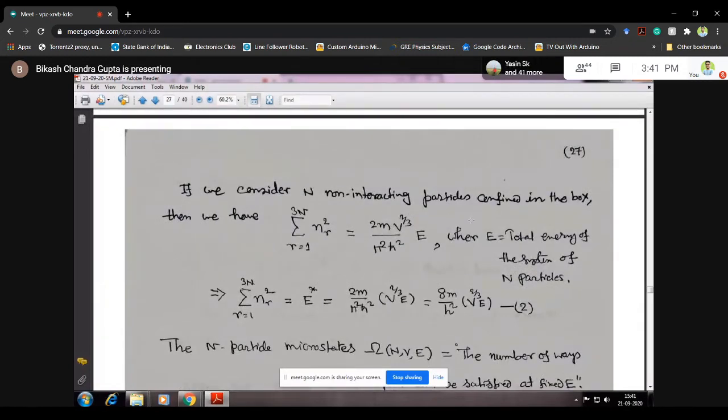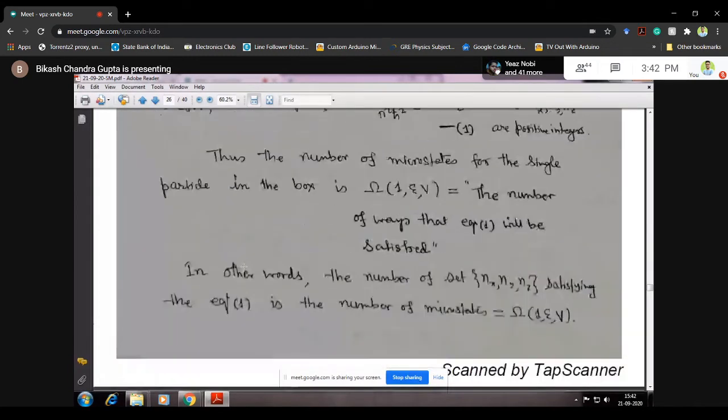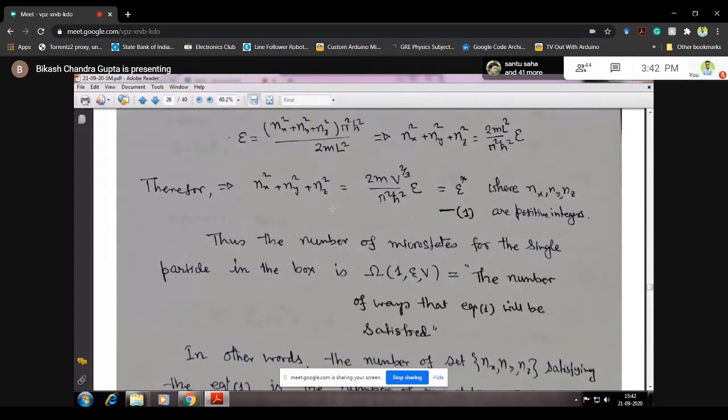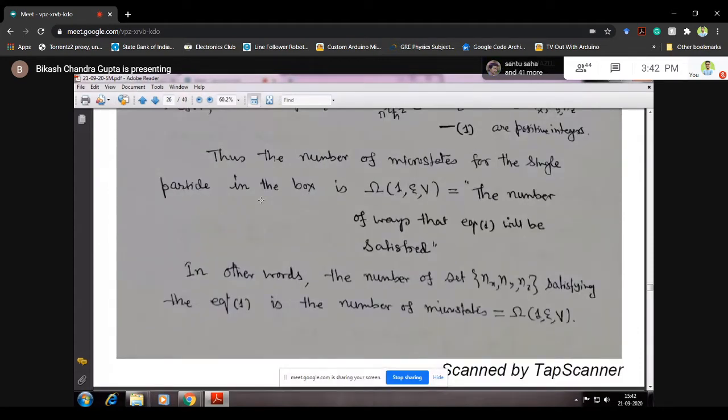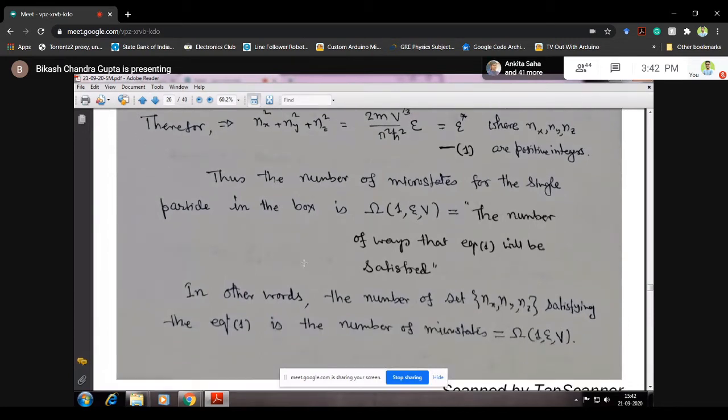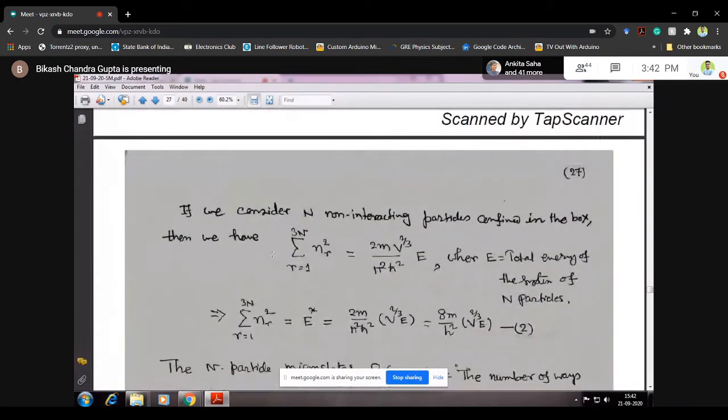Okay. Now, if you consider n non-interacting particles confined in the box, then certainly when you had one particle, you had x1, say y1, z1, the coordinates for that. Now, if you have the second particle, then you will have x2, y2, z2, third particle x3, y3, z3. So this way you will have altogether 3n degrees of freedom, right? If you have one particle, you have 3 degrees of freedom, x, y, z. Now, if you have n particles, you will have 3n degrees of freedom,